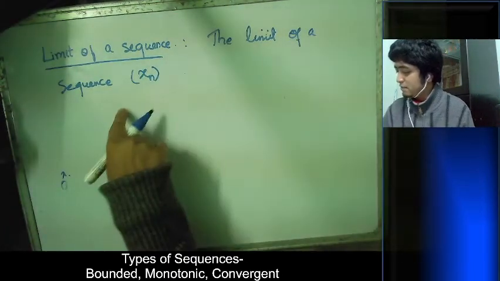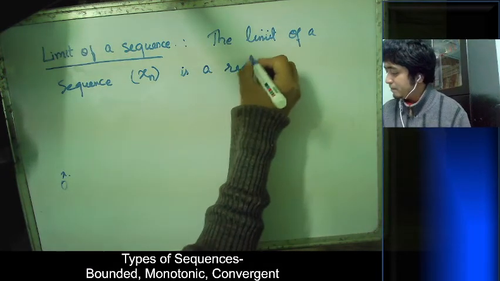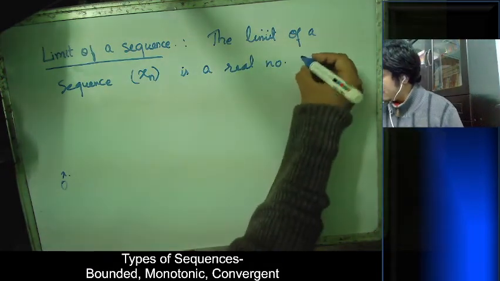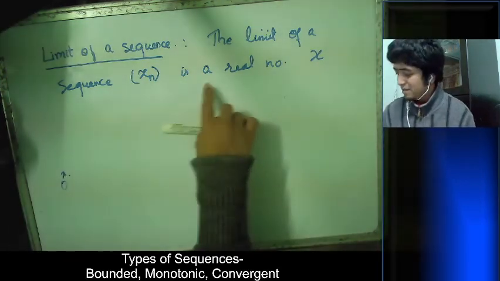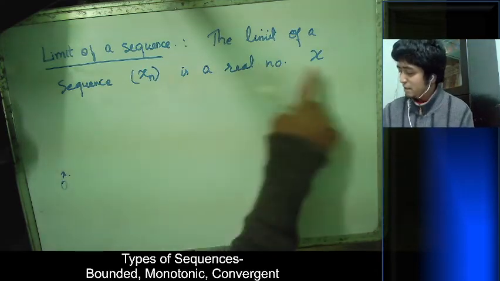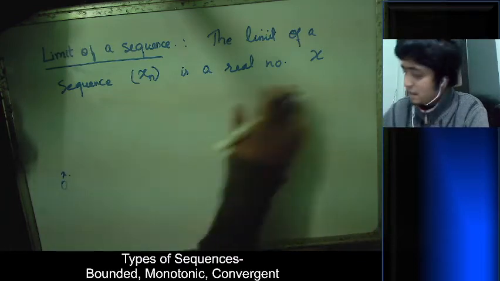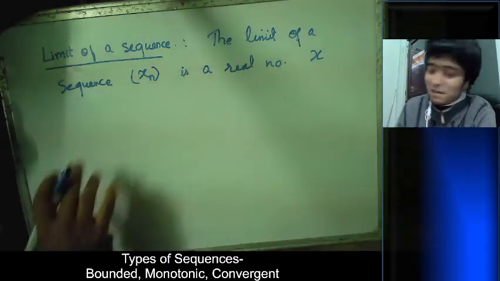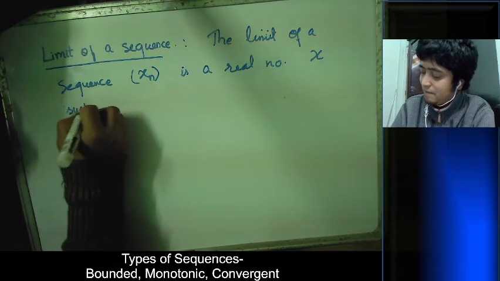The limit of a sequence xn is a real number x. Some use to denote it with L, but I'm comfortable with using x. Depends, your choice, just a notation. You can use a different letter. It's a real number x such that